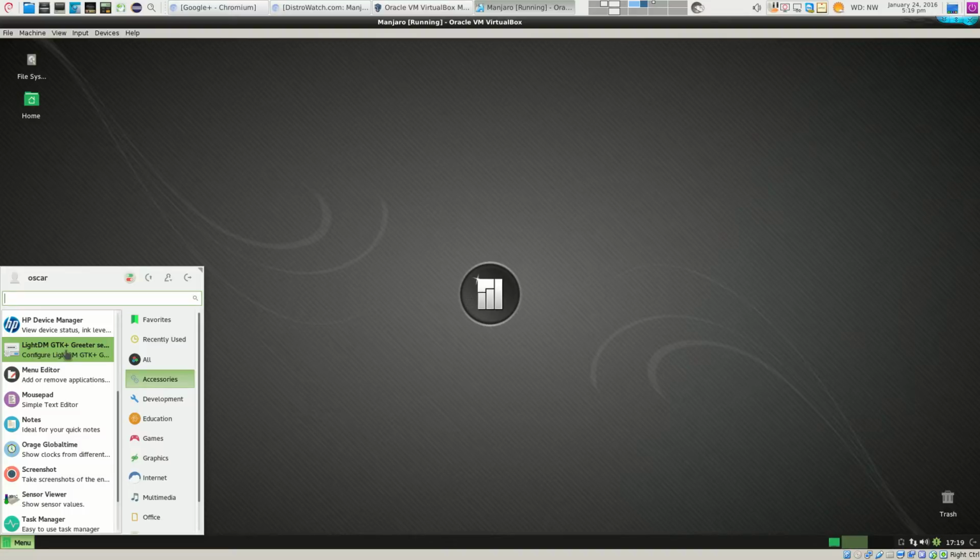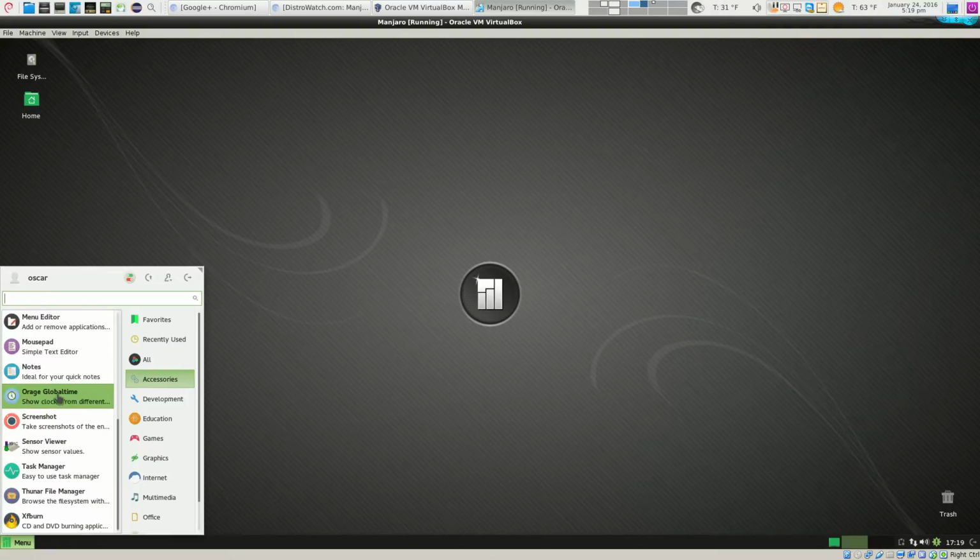LightDM GTK Greeter. Your menu editor, Mousepad, your notes, which is like Notepad, your Orage Globaltime, your screenshots. So if you want to take a screenshot of your awesome wallpaper and show it to your friends, how you customize your Manjaro, yeah, this is the way to go.